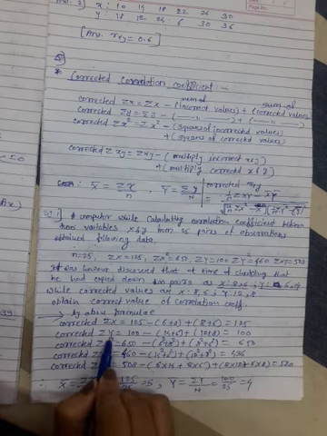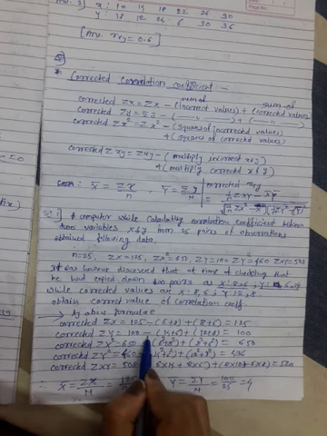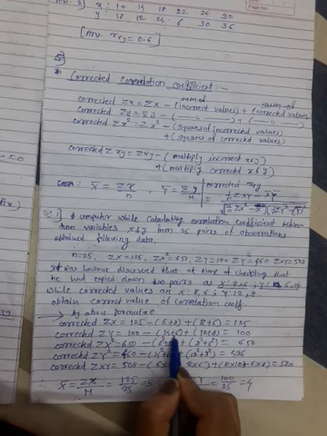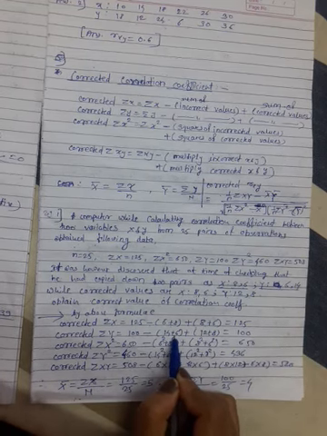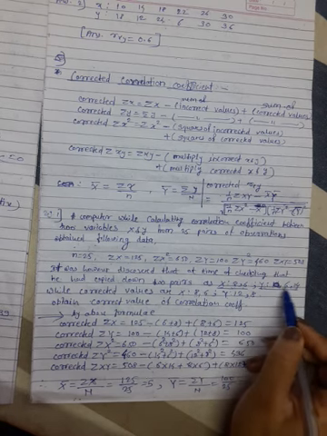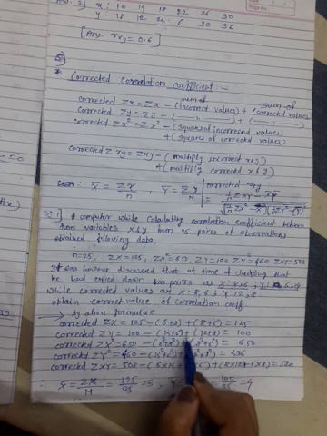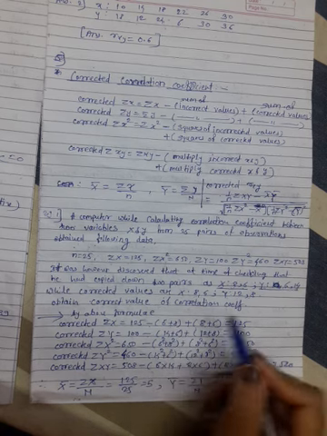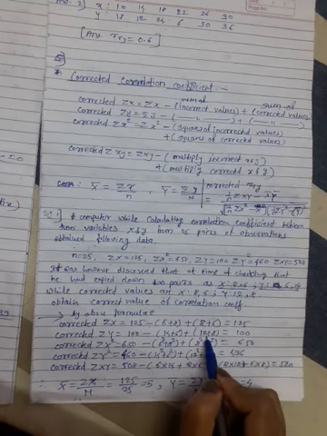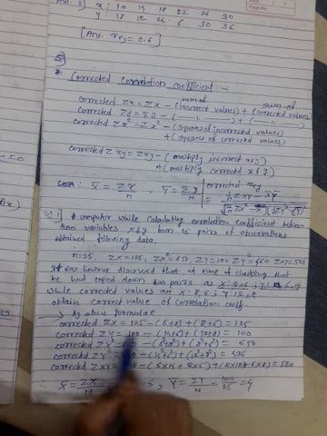Similarly, for corrected value of y, the incorrect summation y is given as 100, minus the incorrect y values. What are the incorrect y values? These are the incorrect y values, 14 plus 6, or 6 plus 14. Plus now add the corrected y values. These are the corrected y values, now add these. Okay, now the answer for this is 100. This is summation x, summation y.